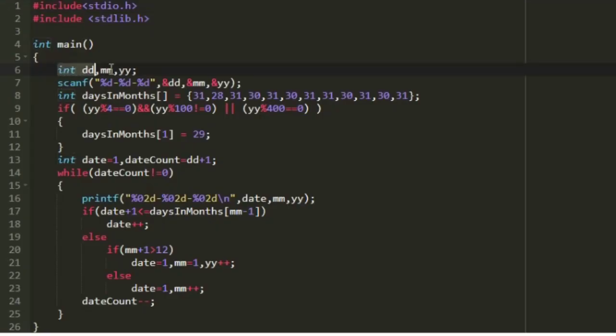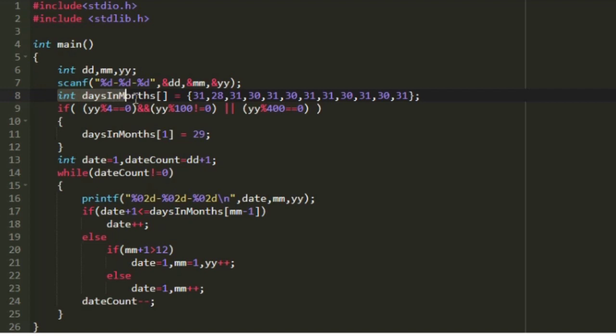First I am creating three integer variables named dd, mm and yy, and in the next line I am accepting the values of the three integers dd, mm and yy. In the scanf statement, near %d, I have included the hyphen symbol, because in our input first we will be given the date, and after that the month will be separated with a hyphen, and after that again the month and year will be separated with a hyphen. That is why in the scanf statement we use a hyphen, and when we do like this the date will be stored into dd, month will be stored into mm and year will be stored into yy.